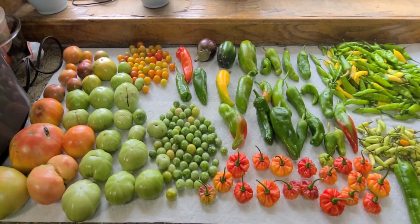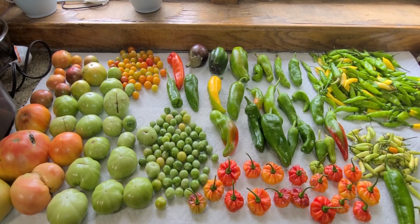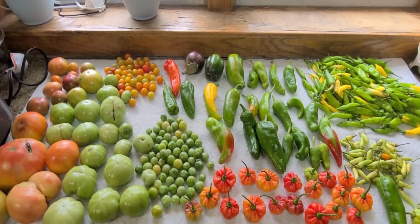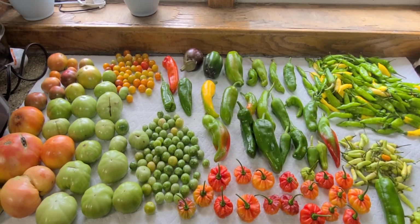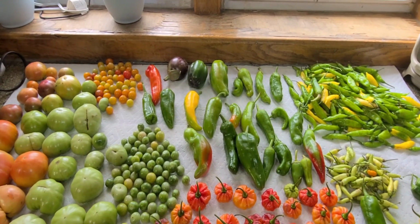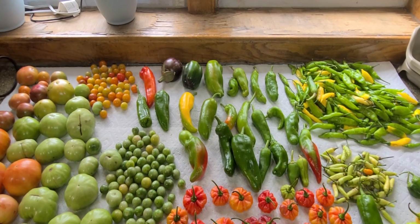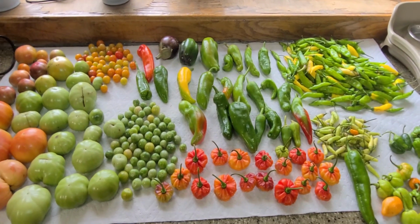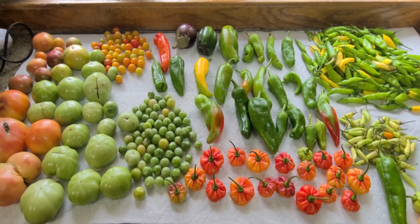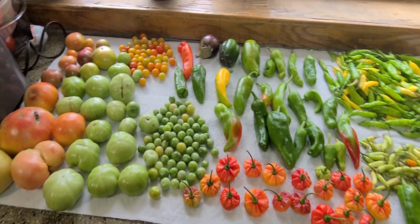The only thing that is out there are my dahlias, because I think, if I'm correct, you guys can let me know, those actually have to be hit by a slight frost before I can pull them up. The only other thing out there is one eggplant that I left, because I saw that it had actual eggplants starting to form. So I chose to leave it. That's the only thing out there, besides the grapevines and the blueberries that have to stay out there. But this is the last harvest. So we have